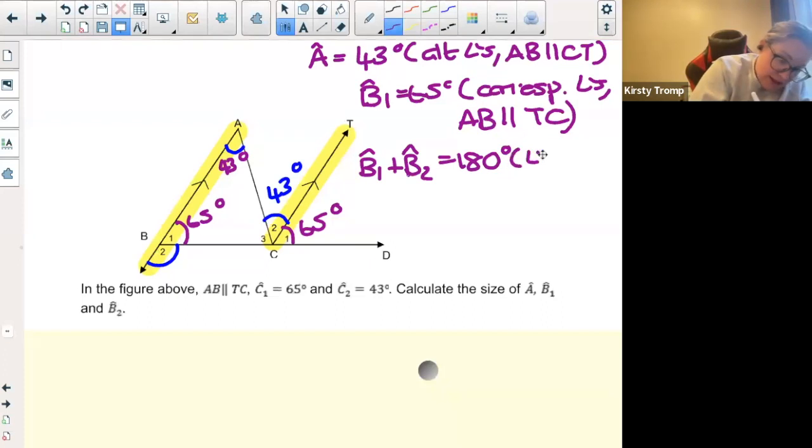So we're going to say here, angles on a straight line. So angle B2 will be equal to 180